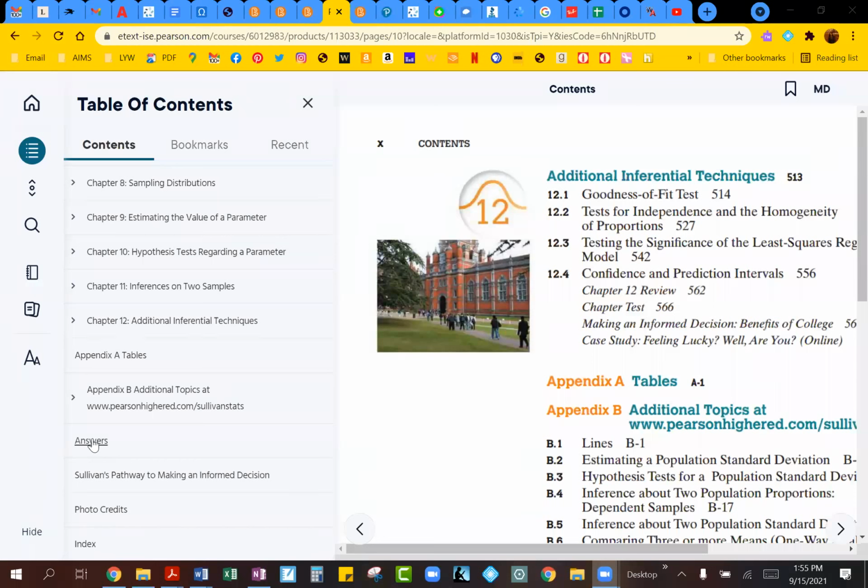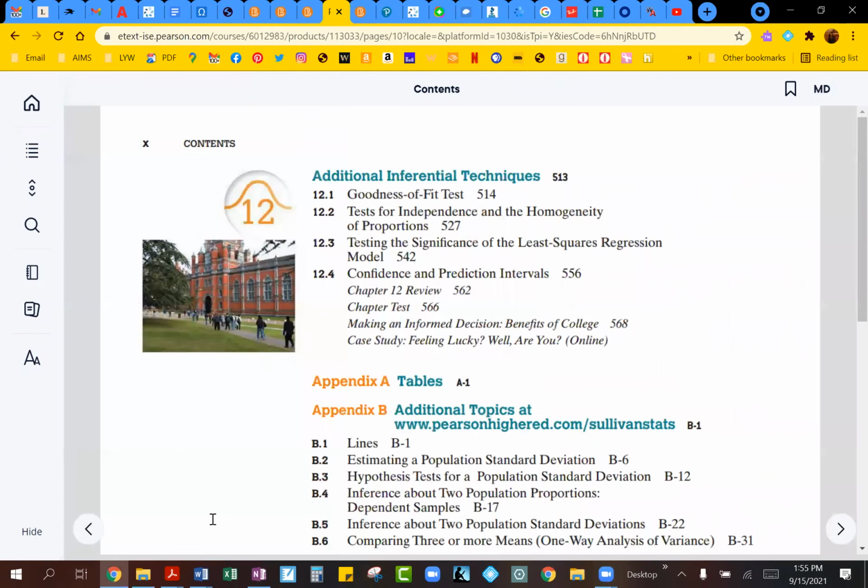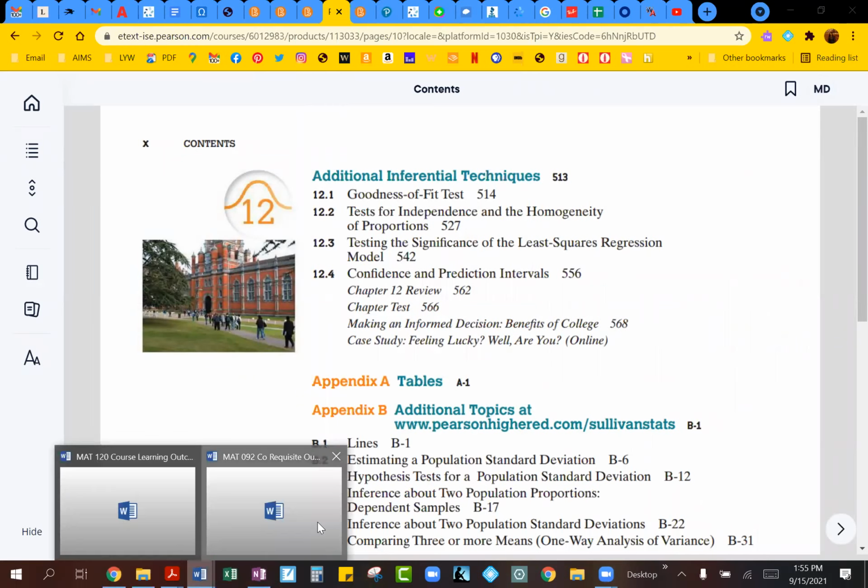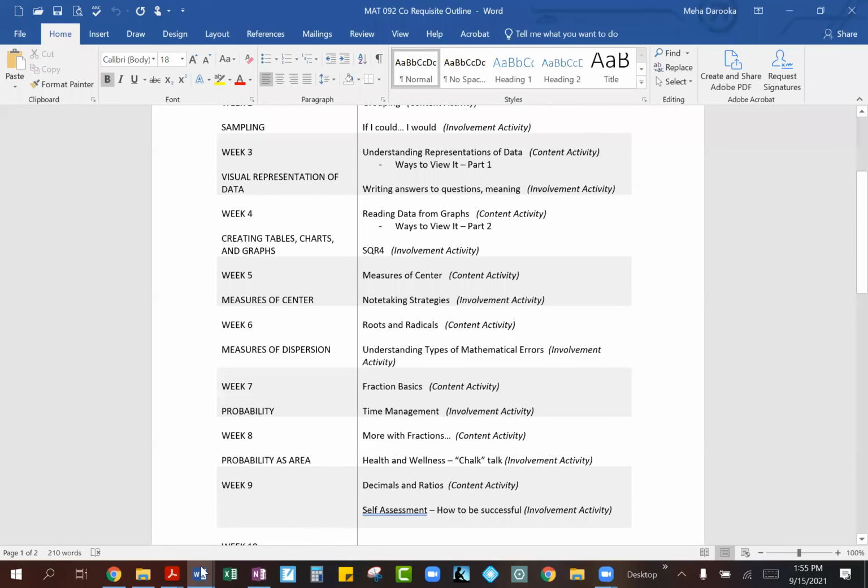You will have access to some answers. Obviously, with these textbooks, they don't give you solutions to each one of them. I believe usually you'll see the odd numbered ones. And again, you can use this as a resource to get extra help if you want to. That's what they're asking you to do with this process. But that's just for the general